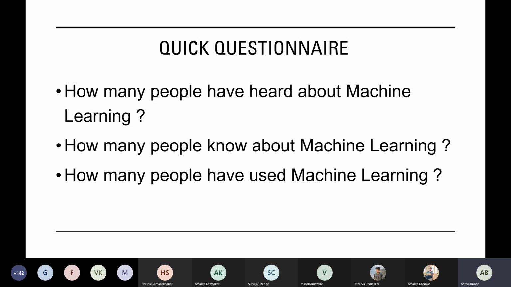So, the last question here is, how many people have used machine learning? There are people from different backgrounds, they must be using or have used machine learning. Anyone? Yeah, we did have some projects before, right? Yes, I have. Seen some, never used. And a career recommendation system. Nice. Okay, so Yash has used it. Great. Let's proceed with the next slide.